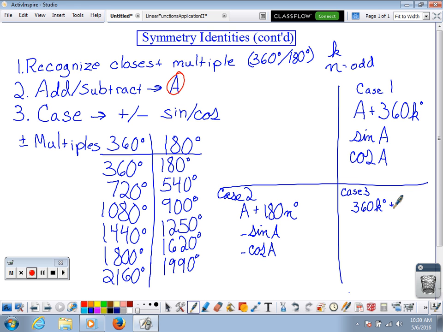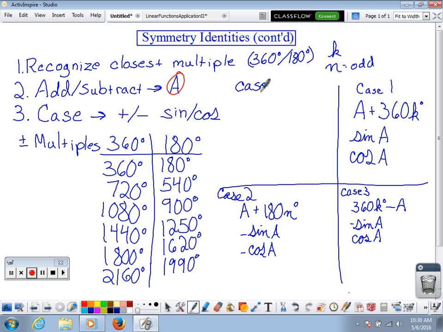Okay, and instead of it being plus our angle, it will be minus that first quadrant angle. Now in that fourth quadrant, sine is negative, but cosine is positive. Okay, and then lastly,